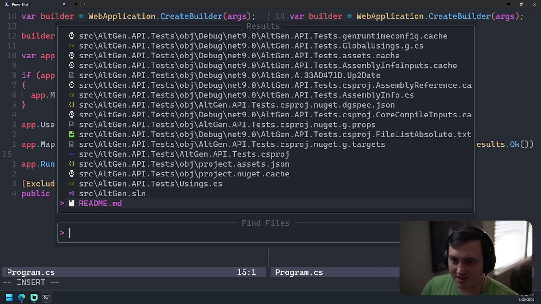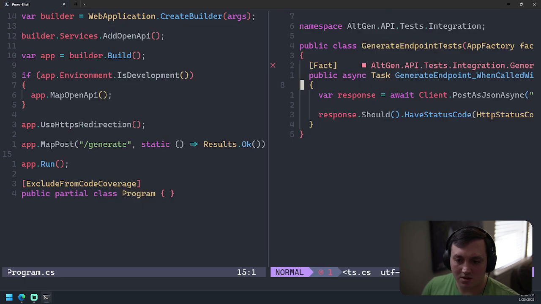That way we can see our test file. So this should still fail, but it should be a 200 OK now.